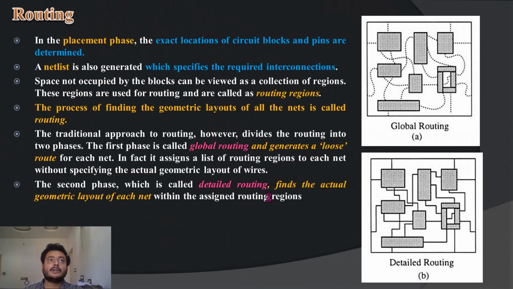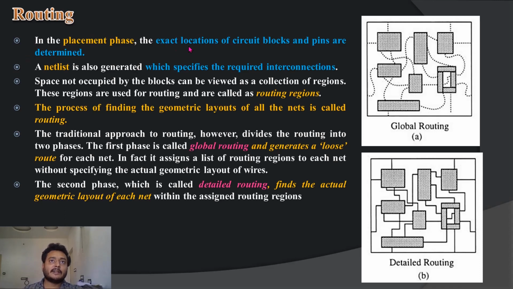Right, so the next concept is the routing process. In this routing process, we have two different concepts here. Before, when you performed partitioning and placement, everything was done. Placement is already done. Suppose these are the placements, okay, and placement is done. The next part is routing, which is how to interconnect all those things.